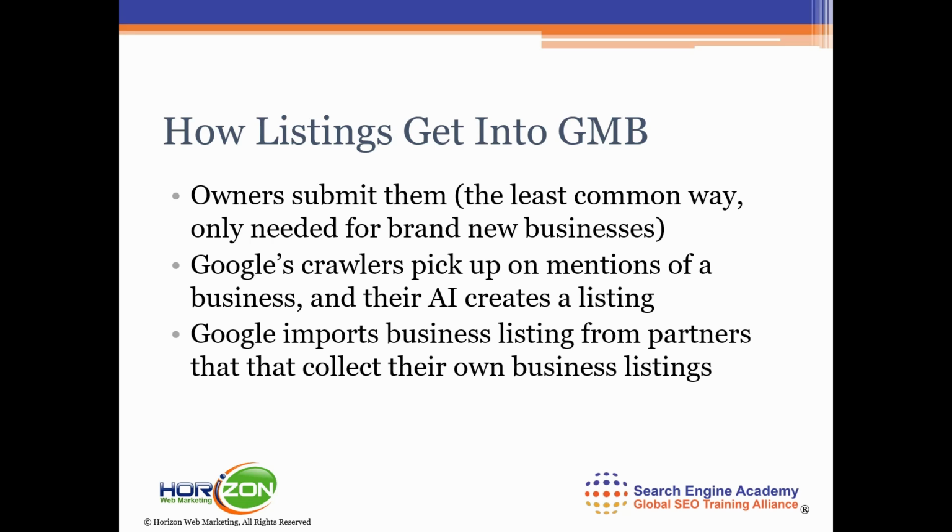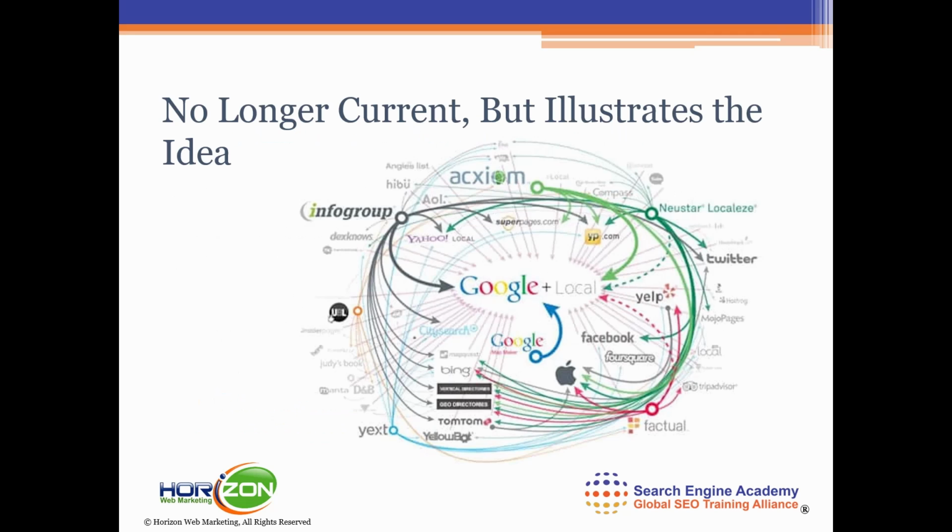Google also imports business listings from partners that collect their own business listings. So that would be things like the online yellow pages and data aggregators. I'm going to show you a rather confusing diagram. Now this is an obsolete diagram, but I think it's still really good in showing kind of the complexity of the local terrain. So here we're taking a look at basically a chart showing how information about businesses gets